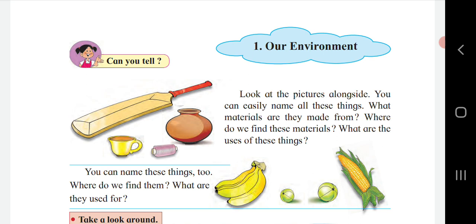Before moving towards our chapter, let's understand what is the meaning of environment. Environment means anything that surrounds us. It can be living or non-living things. It includes physical, chemical, and other natural forces. Living things live in their environment. The environment affects the growth and development of a person. It means that whatever we find surrounding to us, that is environment. It may be living thing or it may be non-living thing.